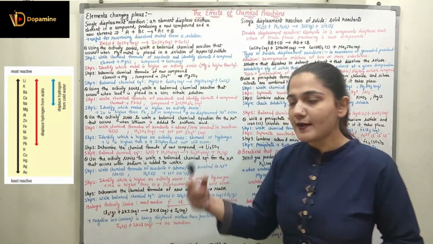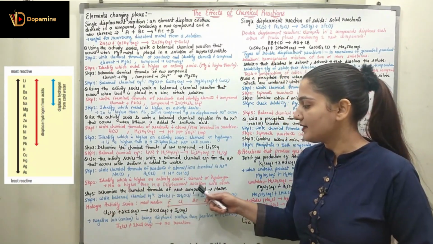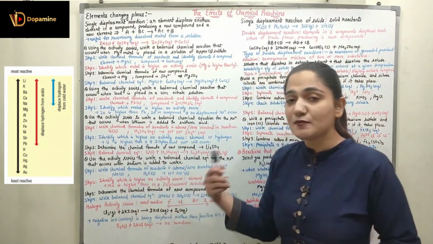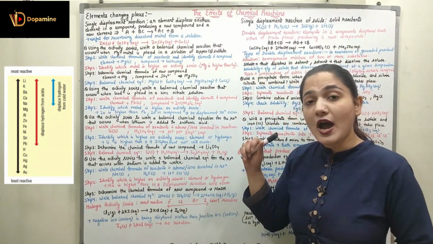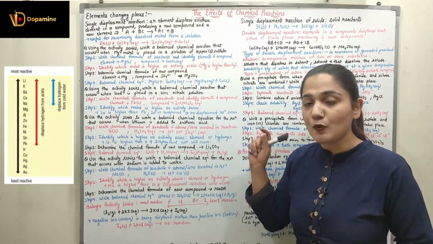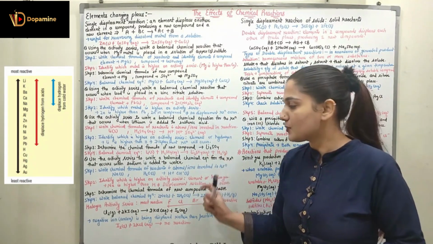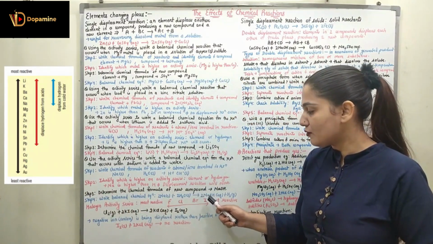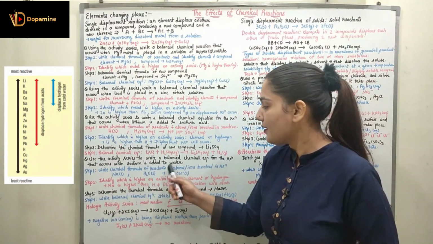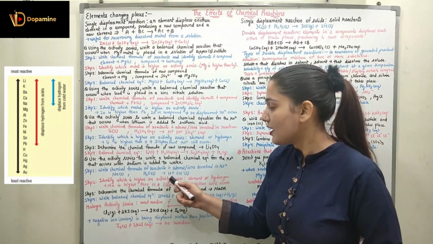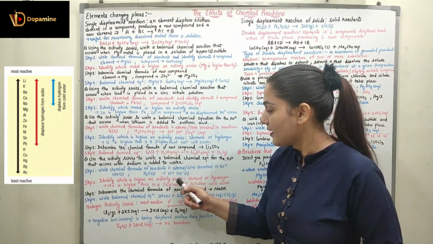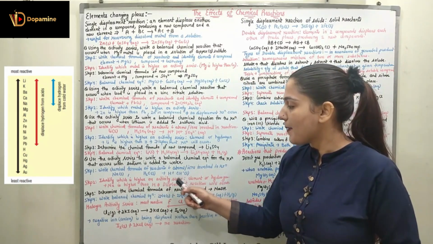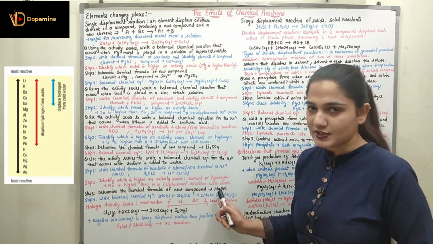In step 2, what am I going to do? I am going to identify which is higher in the activity series, the element or hydrogen. I know sodium is more reactive than hydrogen, so I can say the displacement reaction will occur and sodium is going to displace hydrogen. In step 3, we are going to determine the chemical formula of the new compound. Here sodium is going to displace hydrogen. So what was the other ion? Other ion was OH, and sodium is going to form a compound with OH. It is going to form NaOH.